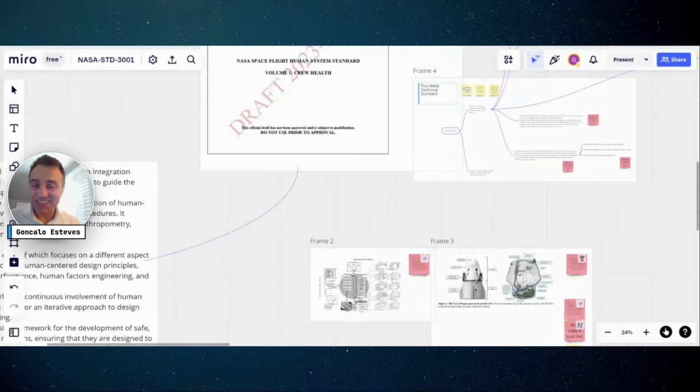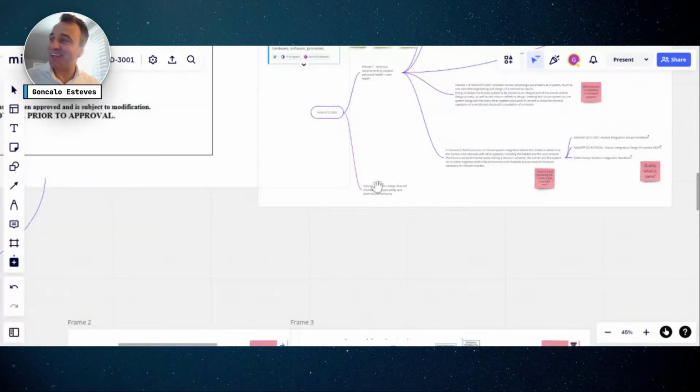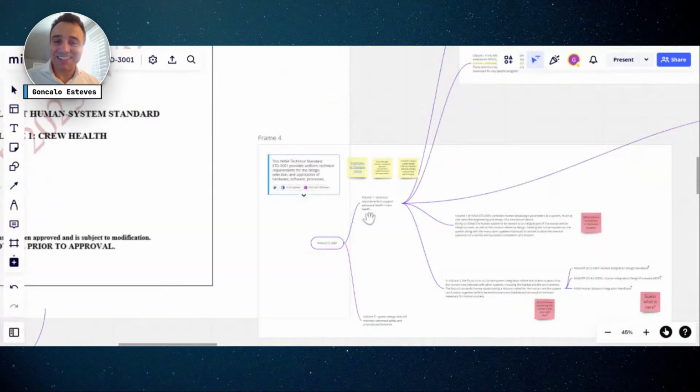Okay, so that's something that I would definitely reference to you guys as you move along in your path of applying the standard. So let's get back to this. I'll frame in here in our NASA standard.